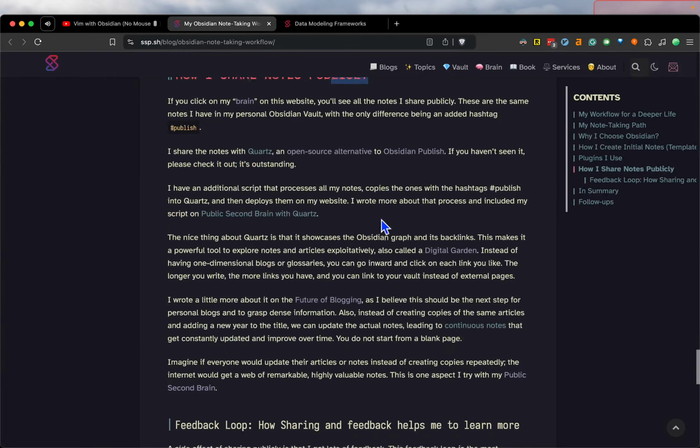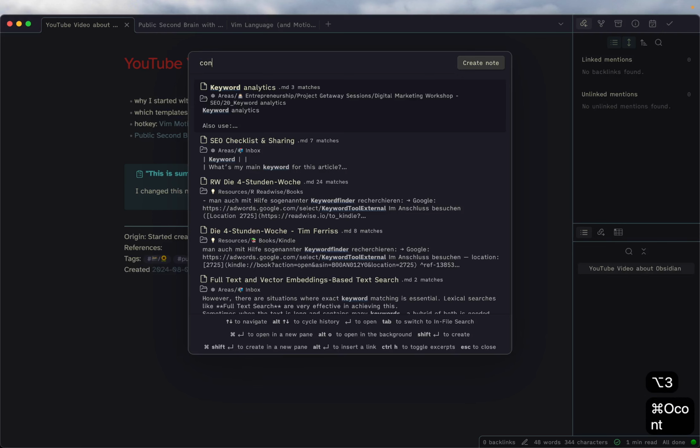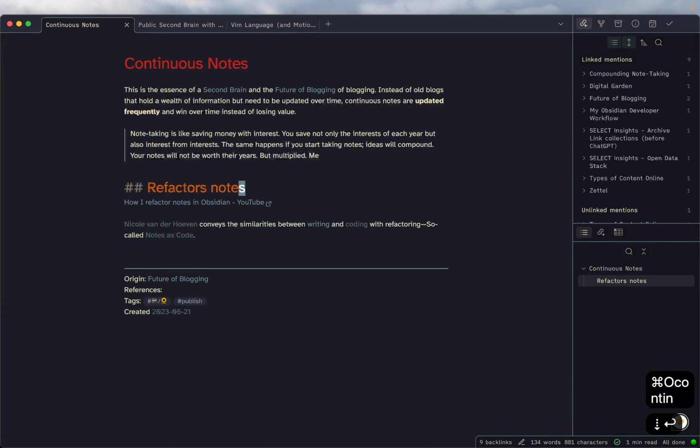You can read more details here. I think it's the future of blogging. Also, what I like is this is like continuous notes. So if we go in continuous notes, yeah, it's kind of refactoring, right? Instead of writing a new blog every year with a different year in the title, we can just reuse the last year and kind of improve on it. So instead of starting from a blank,